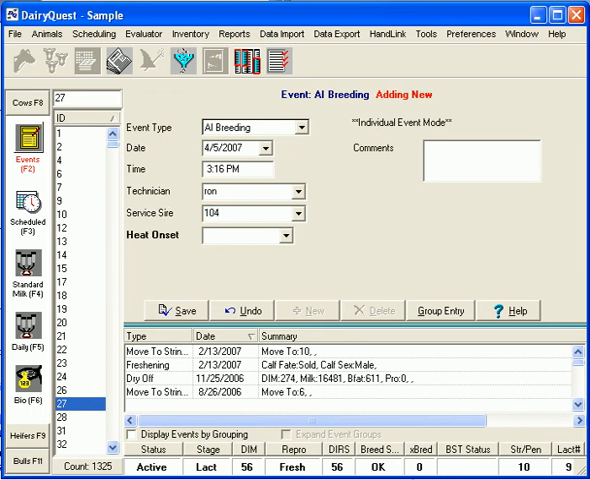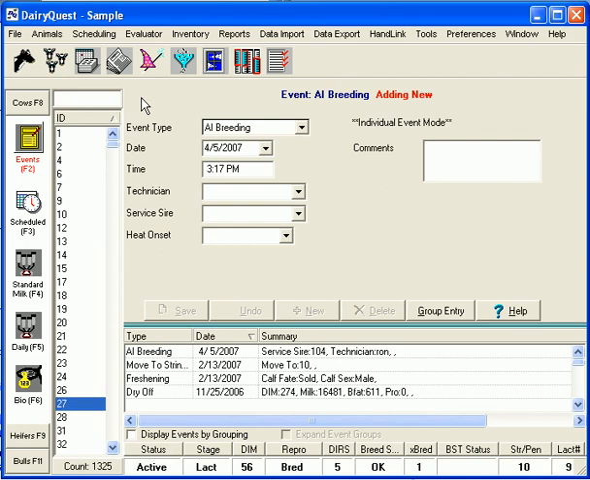And we're not going to enter a heat onset for this AI breeding. We don't need to enter comments. If you want to, you can. You press the enter key once more. It goes down to the save button. We press enter one more time. It will save the event, and you'll notice that now it goes back up to the cow ID search box,